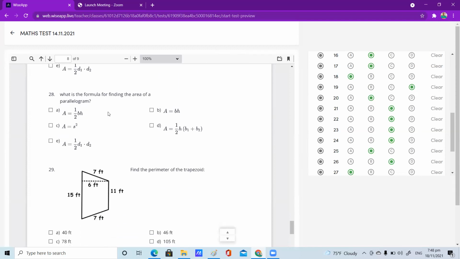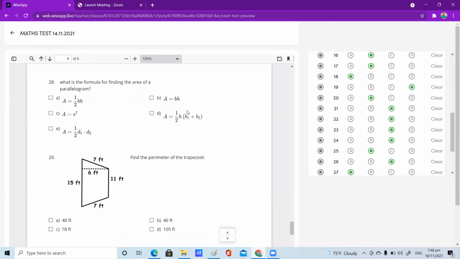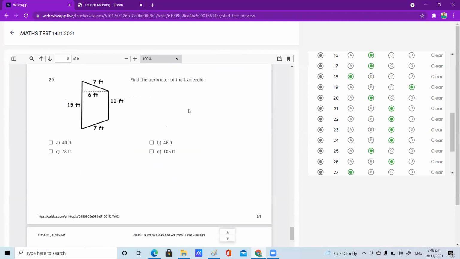Next, what is the formula for finding the area of parallelogram? Base into height. Parallelogram is similar to rectangle. The area of rectangle is length into breadth, whereas parallelogram is base into height. Remember the point. No need of keeping everything in your brain, children. Some figures you just correlate and keep with you. Rectangle and parallelogram are very, very similar, very close. Rectangle area you know well, length into breadth, whereas parallelogram is base into height.